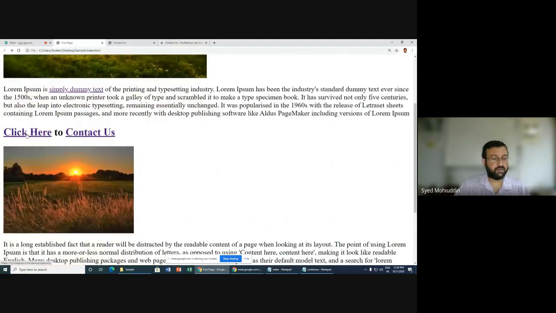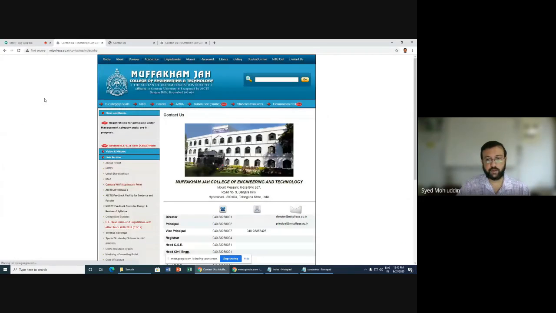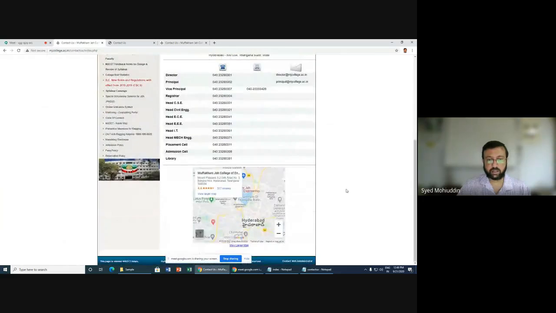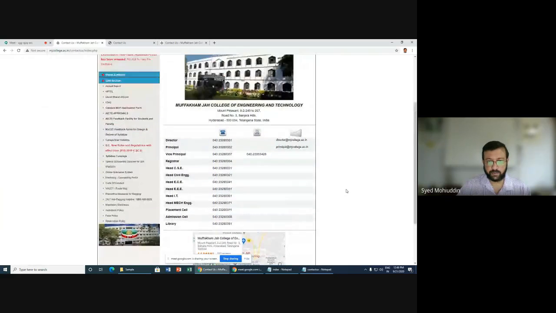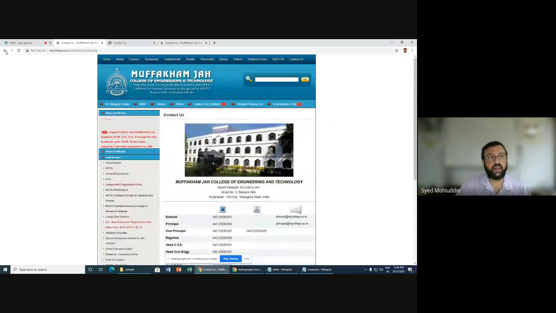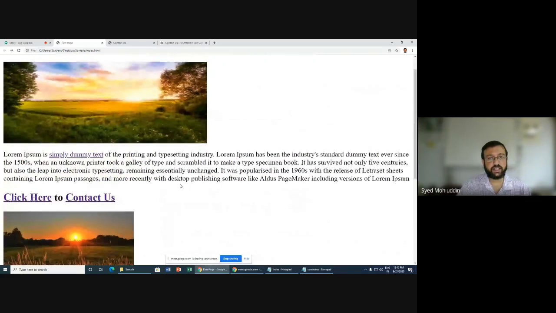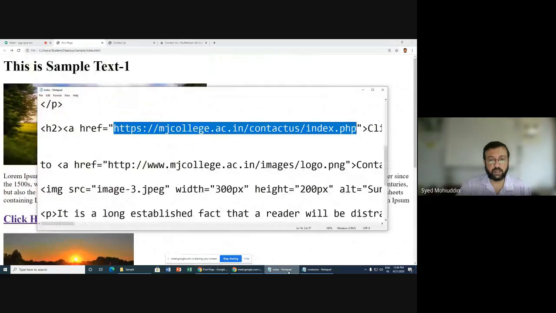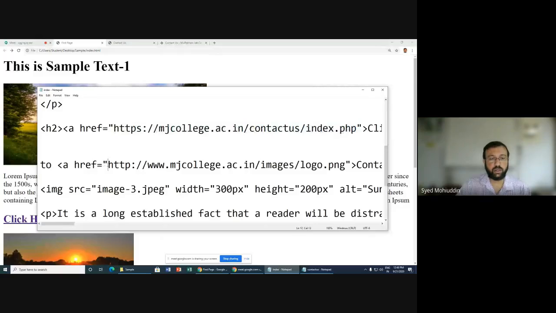We have changed it to an absolute link, which is now pointing to MJ College's contact us page. When I click here, you can find that it will be redirected to the link, which is pointing to some other web page. I have just used this as an example to demonstrate